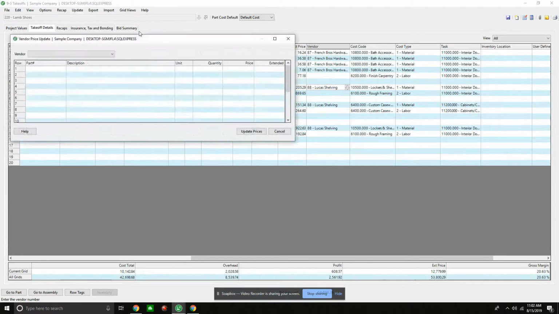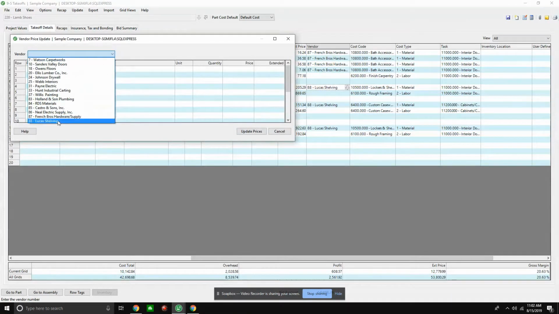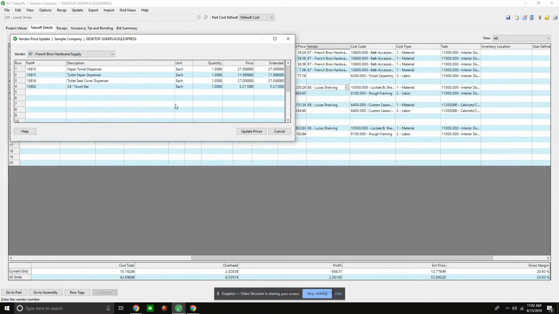So I'm able to track that information from my parts database. In this case, I want to say manually. I have here all of my vendors. It's not all the vendors in my solution, but it's all the vendors that I have selected to work on this project. So if I want to go down here to say French Brothers Hardware and Supply, I could come in and update the pricing right here in the solution, which then would turn around and update my takeoff price. These prices are pulling directly from my parts database. So that's where my pricing is coming from, but I can change it in my estimate and update it here.